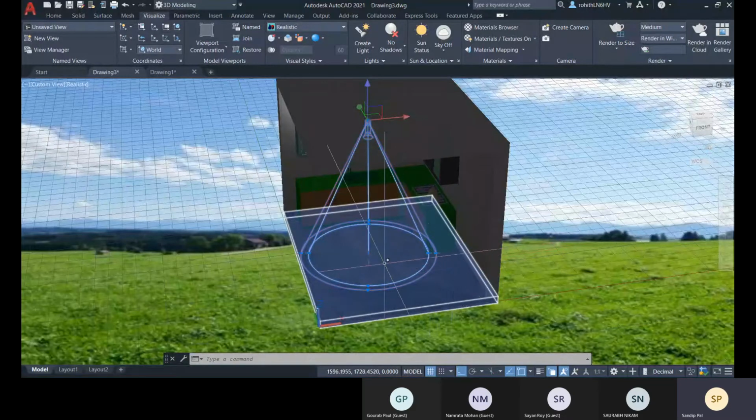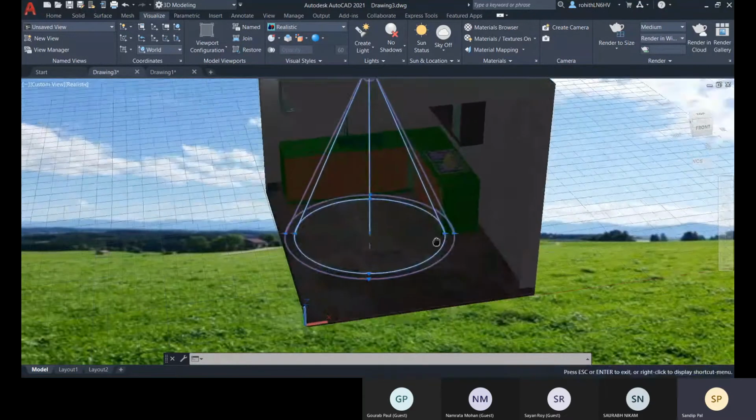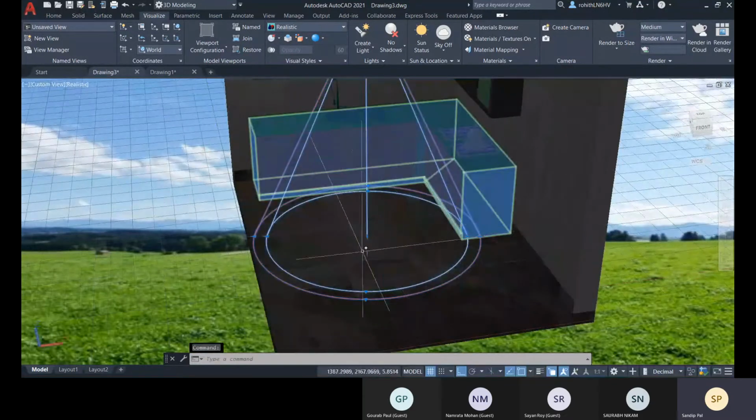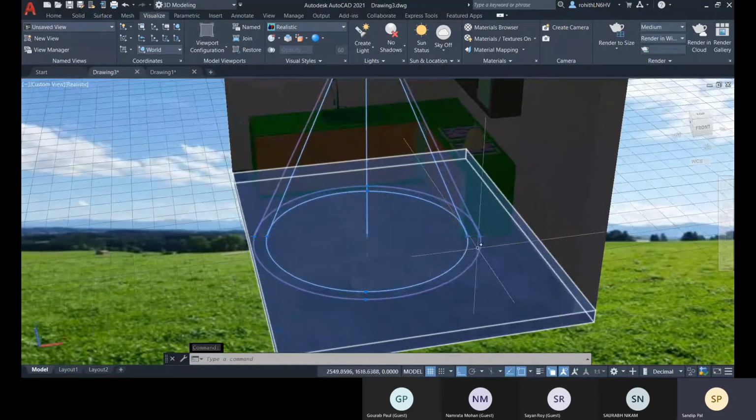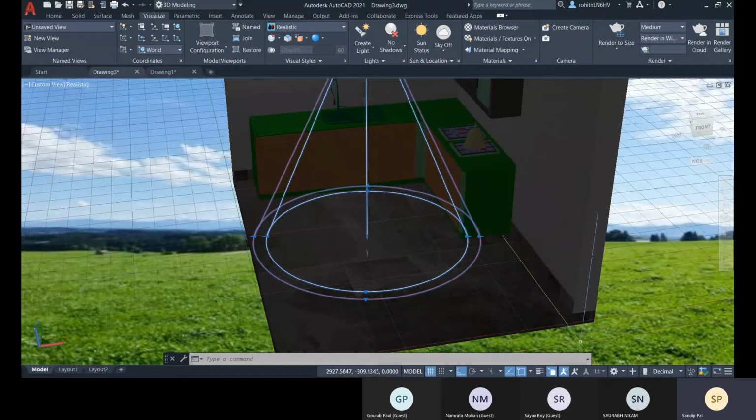After this area there will be no light. The inner circle is called hotspot, and the outer circle area is called falloff. The hotspot area has the most intensity for the light.